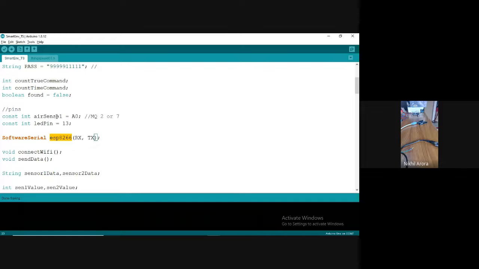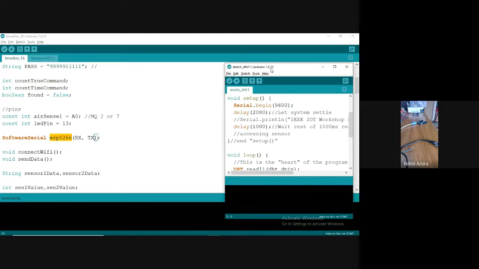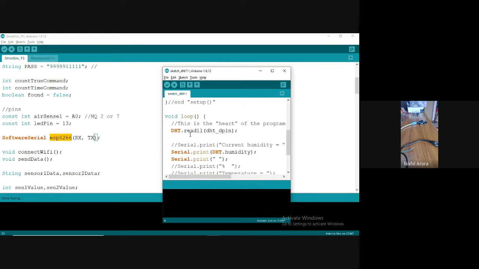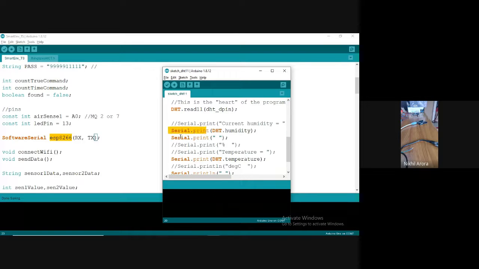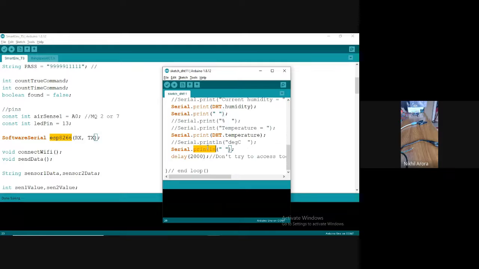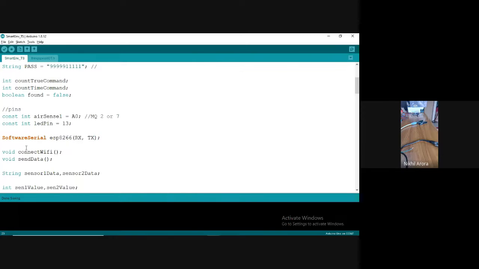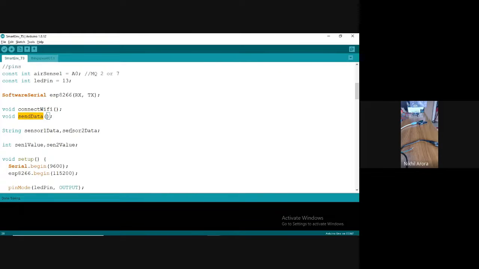Normally, if you remember, we use the default serial port, Serial.begin, correct? Serial.print, Serial.println. This was our normal serial port, which communicates from USB to the system. Two functions are there: connect Wi-Fi and send data. Sensor 1 data is enough for us. Sensor 2 is not there. Sensor 1 value is there. Okay.